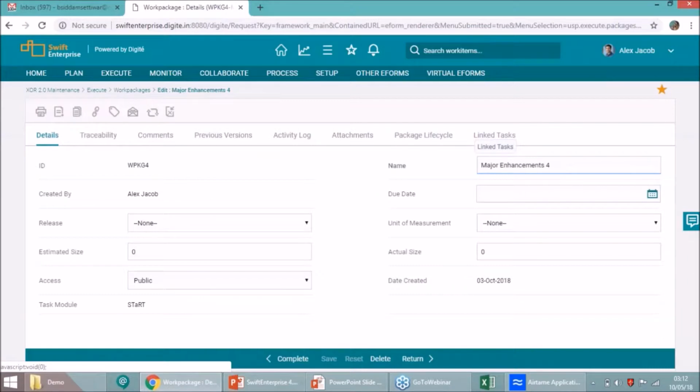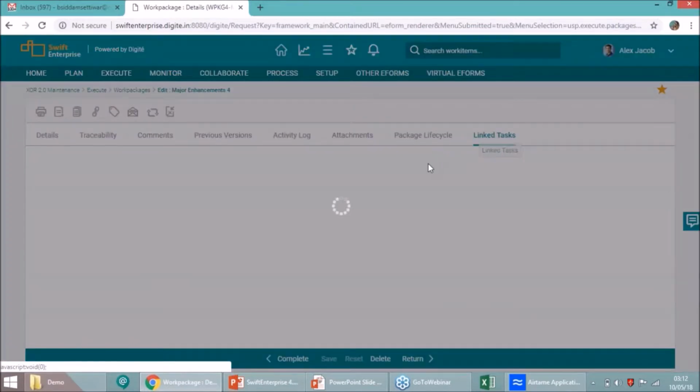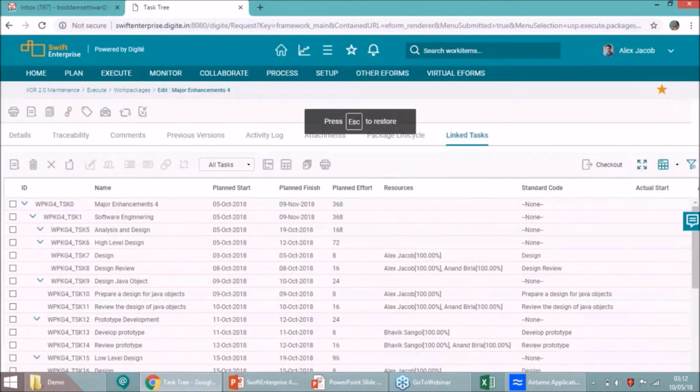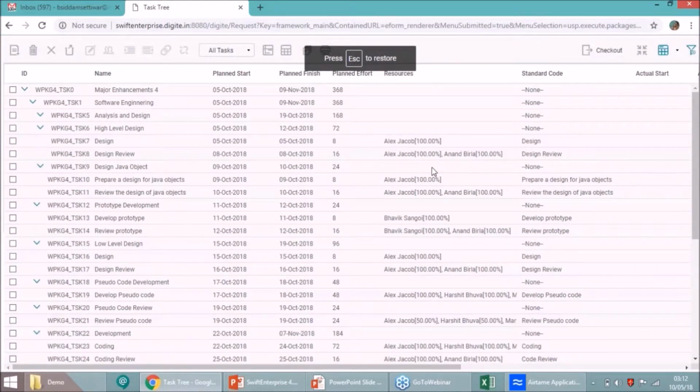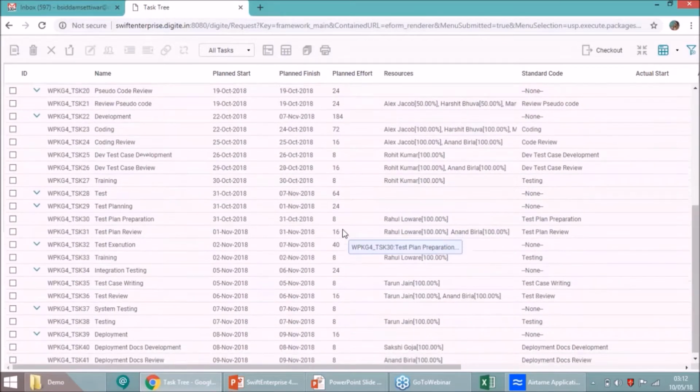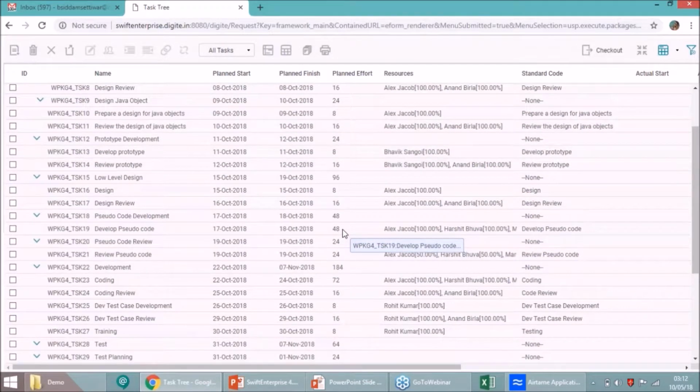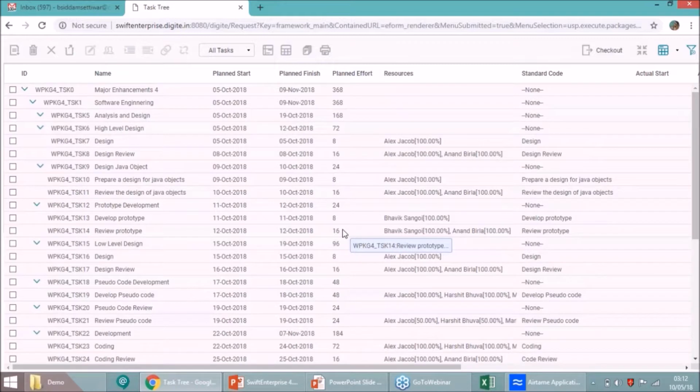Now here I have a work package which has linked tasks to it. And just so it's easier for me to explain the changes, I'll put it in the full screen mode. Now, up until now, you had a monolithic list of tasks that you have planned for your team here, and the only way you could look across was to scroll through the tasks to find the relevant task. So what we have done in this release is we have given the capability to filter the tasks